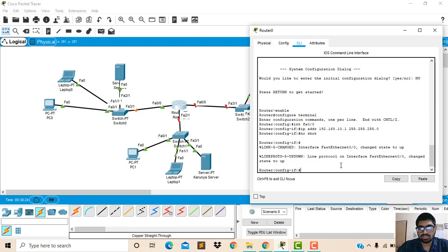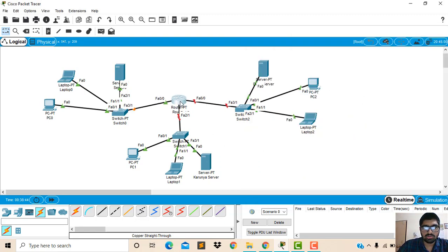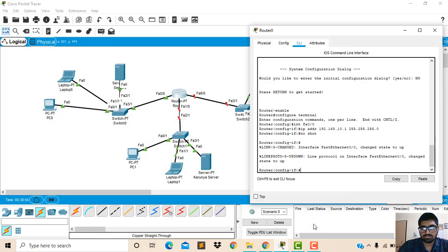Now we will come to the second local area network, to communicate with the first local area network as well as the third, and we have to enter the default subnet mask and gateway which we have assigned, 20.1. First we have to select the interface nearer to that router. Now it is FA 1/0, so int FA 1/0.